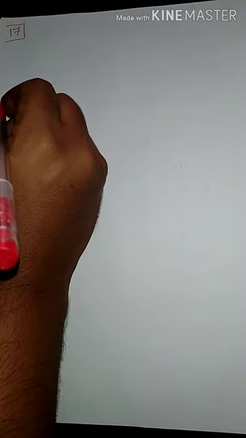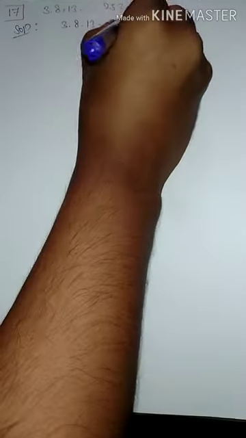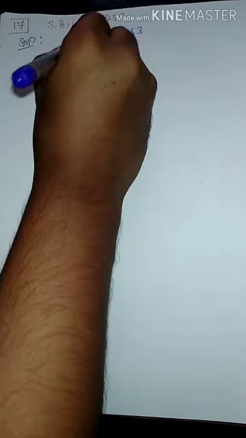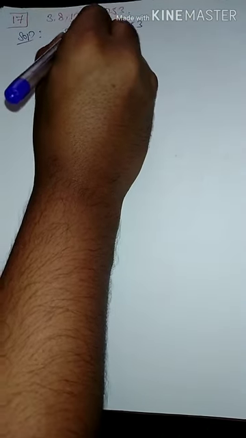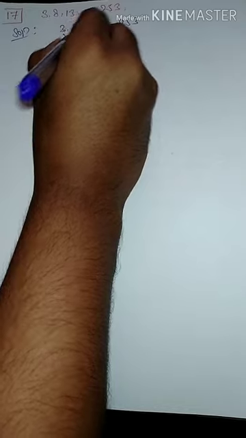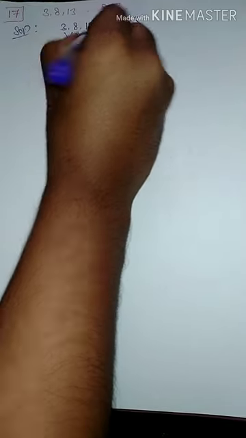So next, the 17th problem. The 17th problem is: find the 20th term from the last term of the AP 3, 8, 13, and so on, to 253. So once again I will repeat the question. Find the 20th term from the last term of the AP. Solution. 3, 8, 13, and so on to 253 is a progression, and this progression is an arithmetic progression because the common difference between any two consecutive terms is the same. 8 minus 3 is 5, 13 minus 8 is 5.